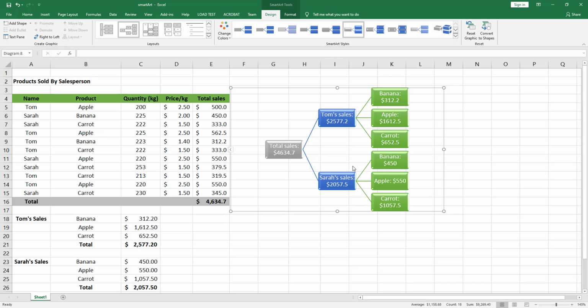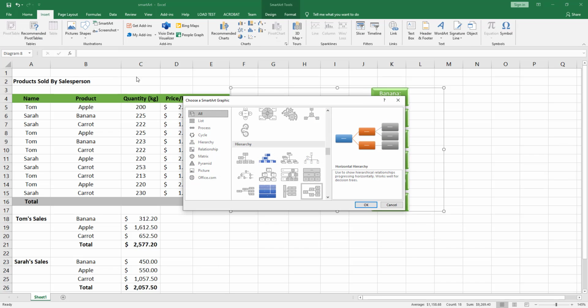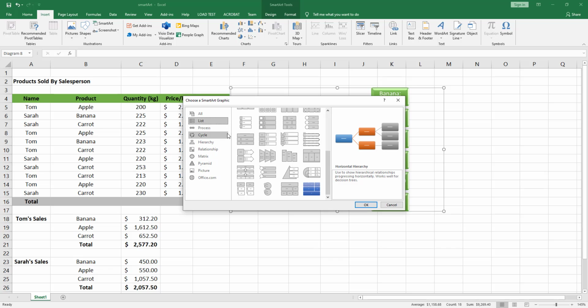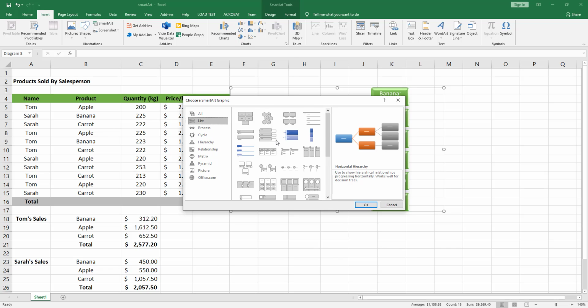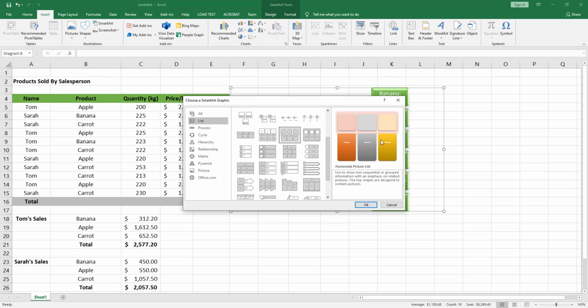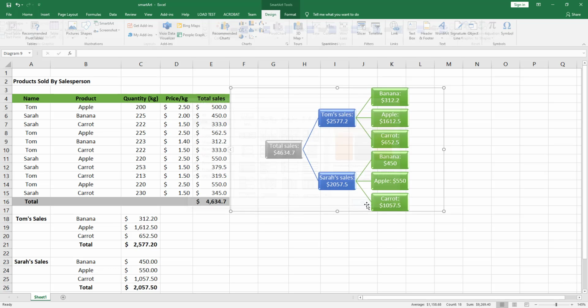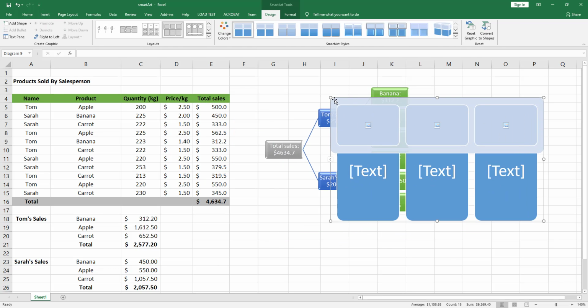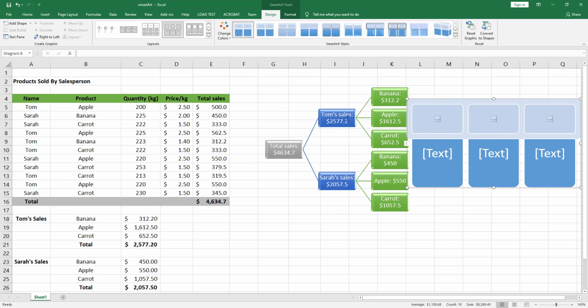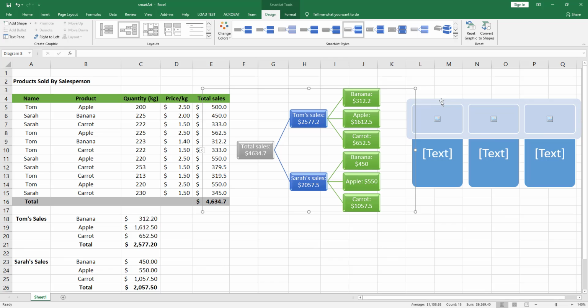Let's insert another one. So another SmartArt graphic that will visually show the products we are selling. So we go to the Insert tab here and click on SmartArt, and I will choose from the list category, and I will choose this one. So this one will allow us to insert pictures above the different lists. So click on OK. You can always decrease the size of the SmartArt graphic by using these handles at the corners. So let's move this back to here,